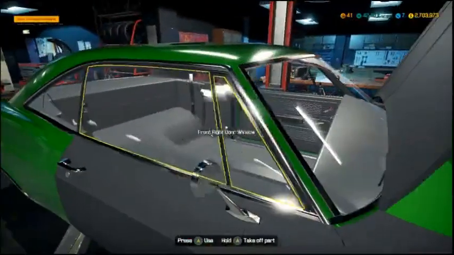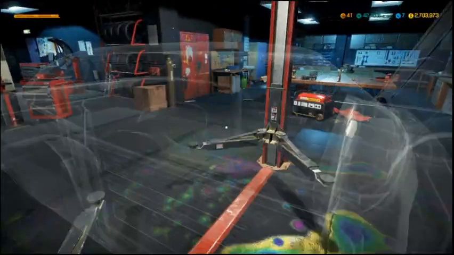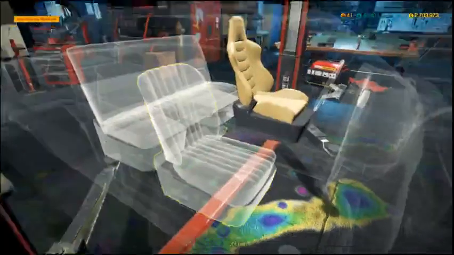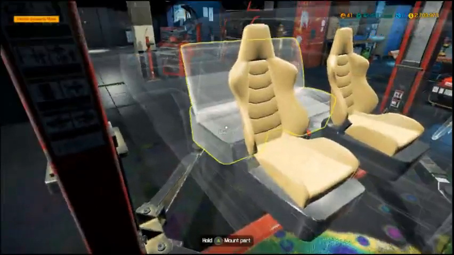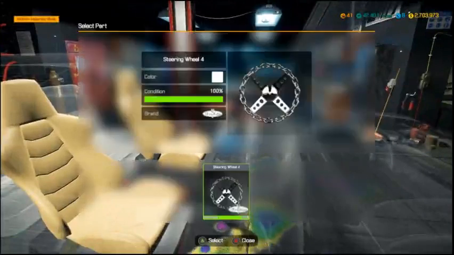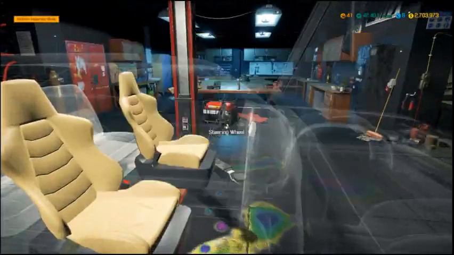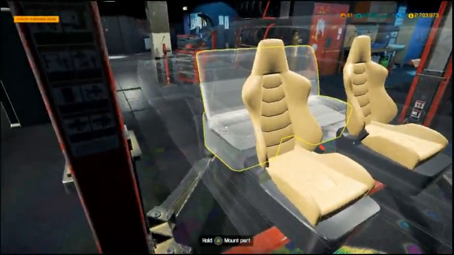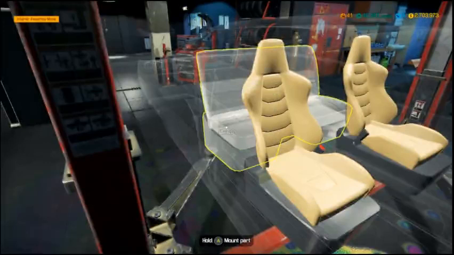Alright, so these are the seats I've gone for. I have gone for a semi-racing type of seat. I've gone for one of these. I didn't realise there was a back seat. And then the wheel I've gone for is a nice chain one. Not that nice, but we'll just fit in a bench real quick and we'll return to the actual main features